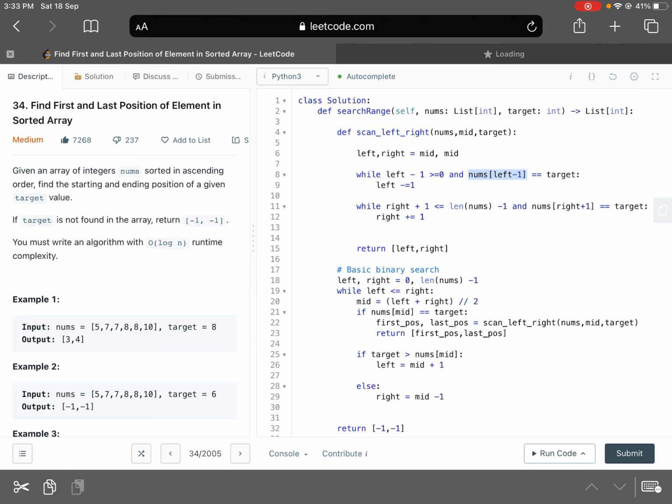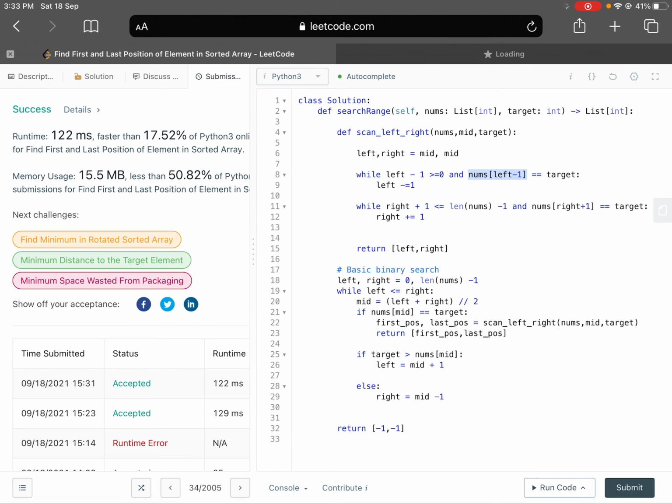Even though the current test cases are passing, you could see that it was a little bit on the slower side, right? So we can try to speed it up by avoiding this sequential scan and instead opting for doing 2 binary searches. That will be part 2 of this video, but I'll just